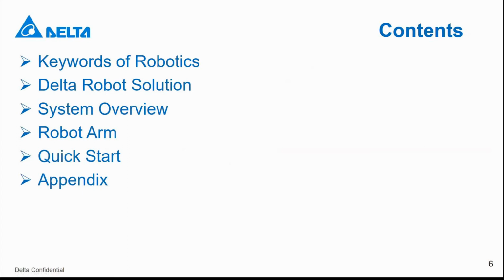So first, in today's training, I will introduce our Delta robot system. In the Delta robot system, I will start to introduce the keywords of robotics. What are the keywords we usually see in robotics? And then I will introduce the Delta robot solution, what solution we provide, and then the system overview of a